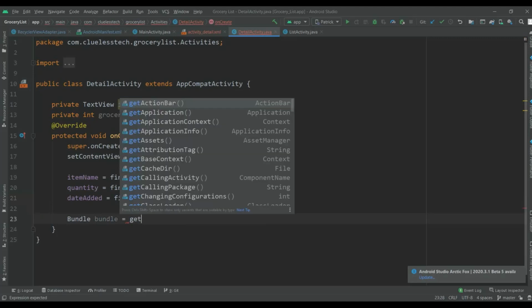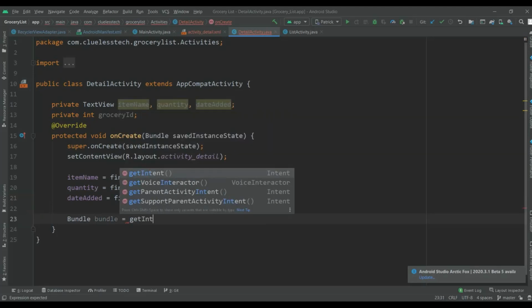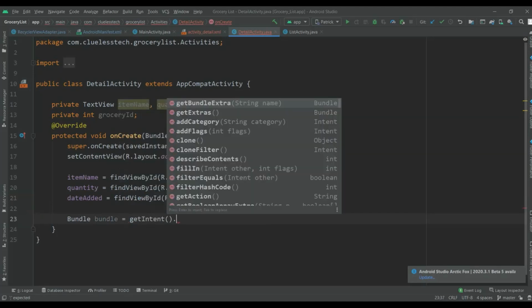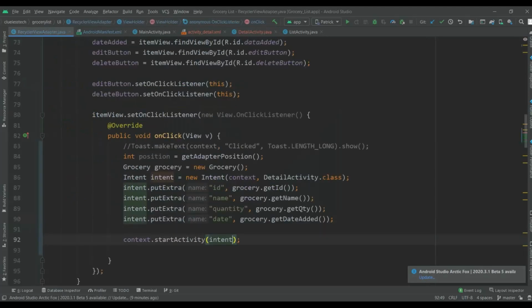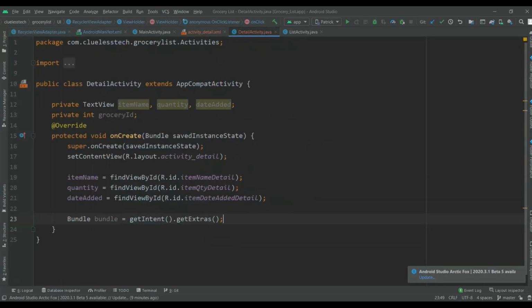is equal to getIntent().getExtras(). So this getIntent().getExtras() will fetch that data from this recycler view and we will pass it to the detail activity.